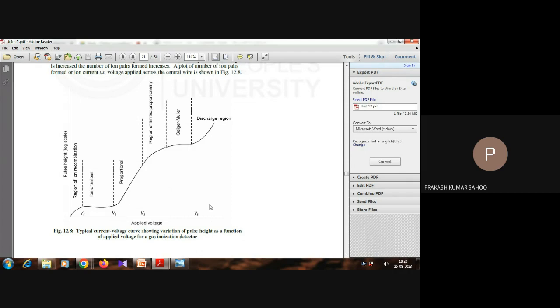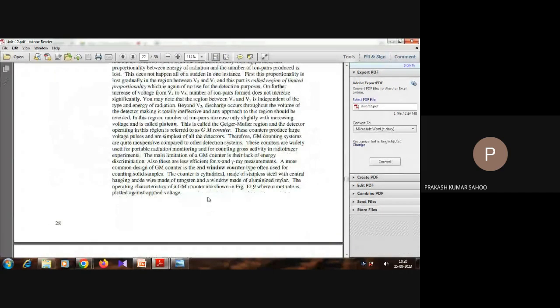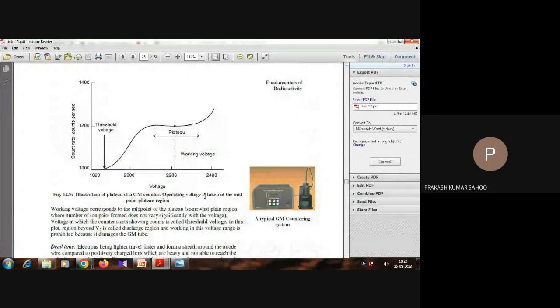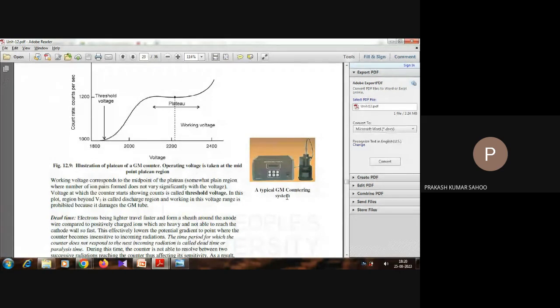So depending upon the voltage, we will have different types of radioactive detection. Then this is an example of a GM counting system, where the voltage is from 1800